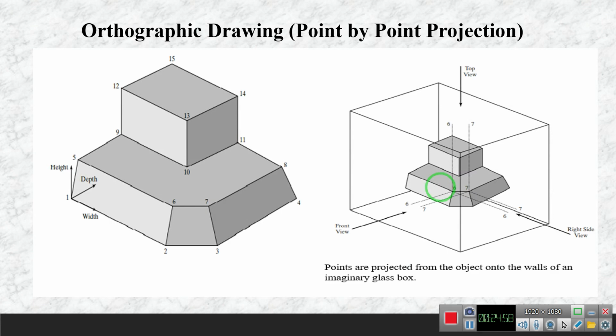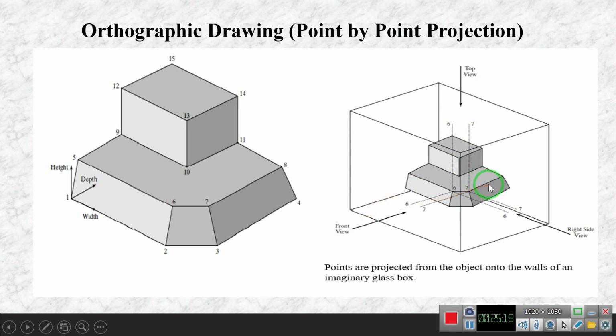For example, I'm showing orthographic drawing, how to draw the views. So let us take this 3D object. Now we are keeping it in an imaginary glass box, with the walls of the imaginary glass box. Then you can have some numbers of these points 1, 2, 3, 4, 5, 6, and how it will be projected